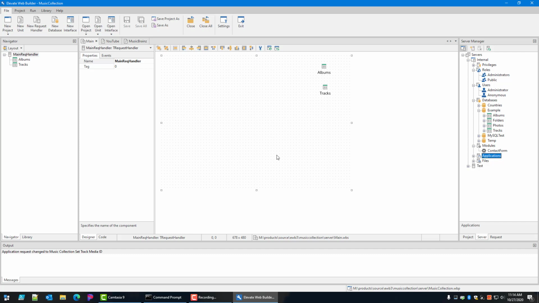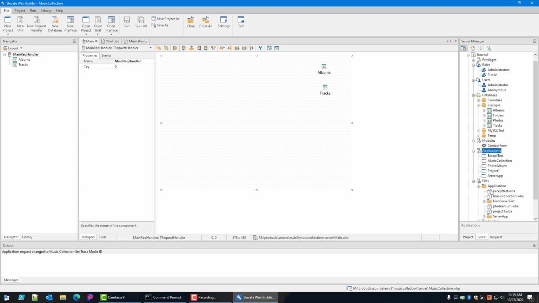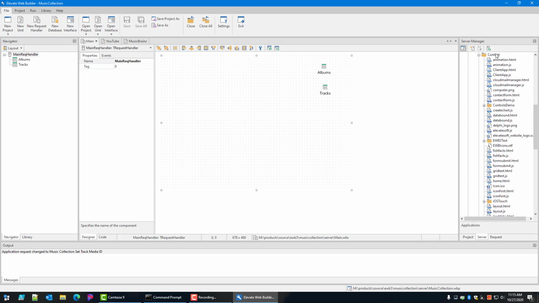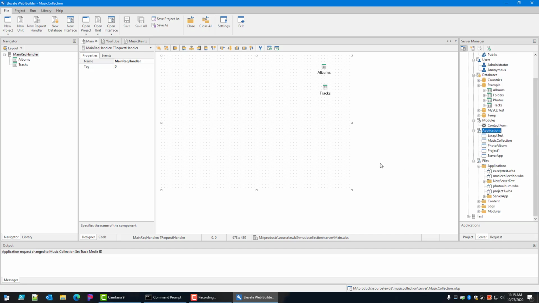Now, the way these work, though, is server applications, just like client applications, get deployed to the files area here. In this case, they get deployed to either applications for server applications, or in the case of client applications, they get deployed to the content area. So those both get deployed there, but the server applications and the native web server modules also get deployed to the modules area. And then